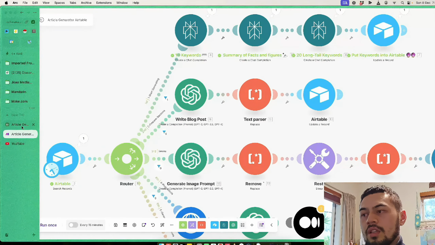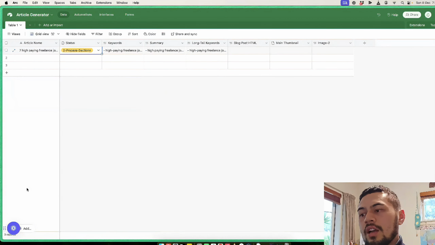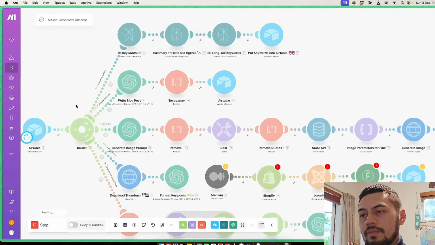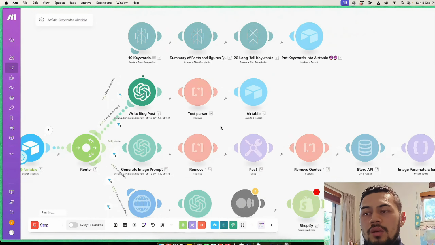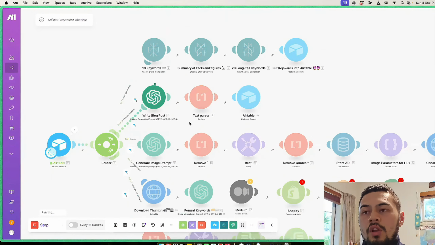And now we want to set it to actually generate the sections of the article, and now we just click run. And now it will go down this router, generate the blog post for us, and output it into HTML. All we're doing here is getting rid of some syntactic sugar from the HTML, and then we're putting it straight back into Airtable, into blog post HTML. So now we have the article,